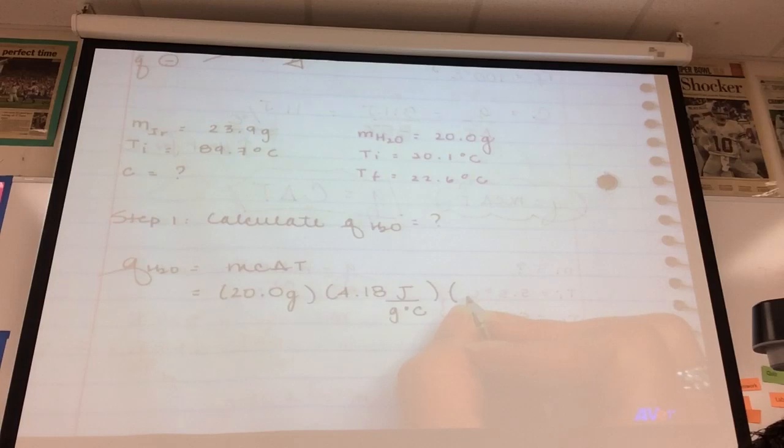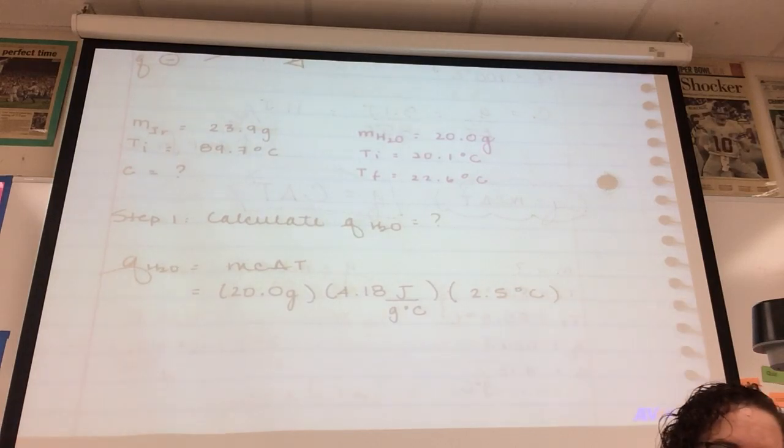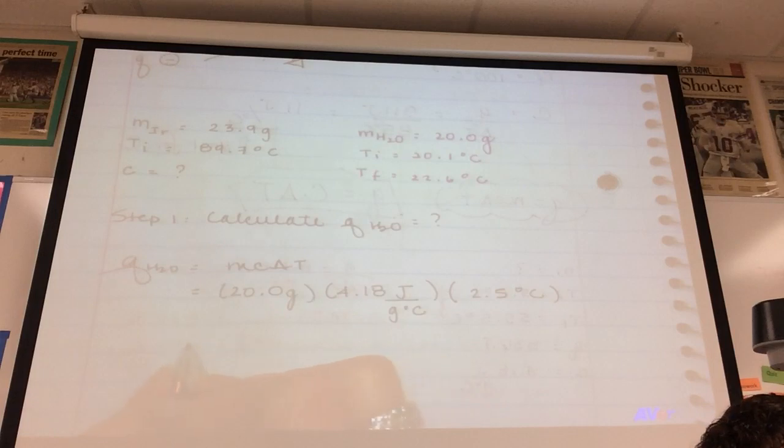You add the T of F. Oh, no. Yeah, you subtract the T of F. I mean the T of I from T of F. You got it. So TF minus TI is 2.5 degrees Celsius. So I have 20 times 4.18 times 2.5, and that is